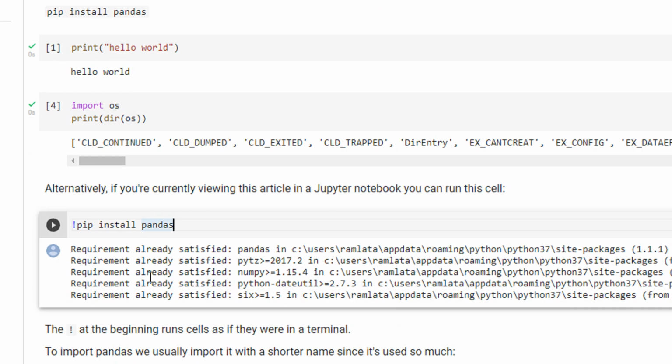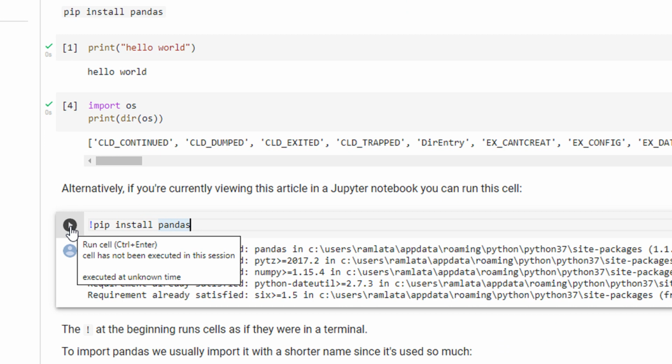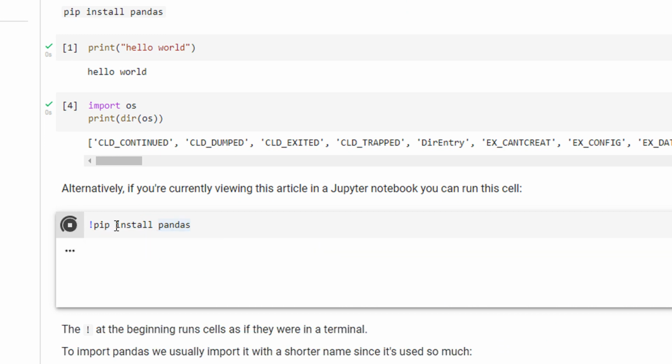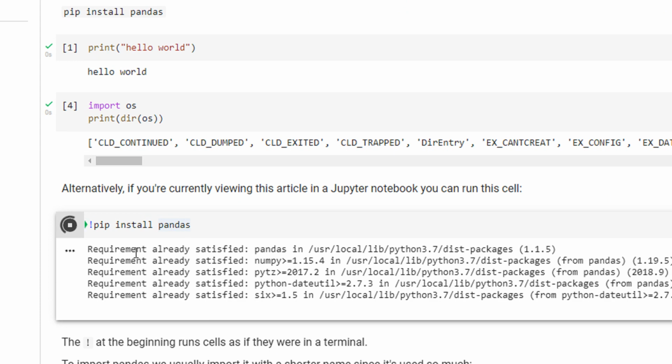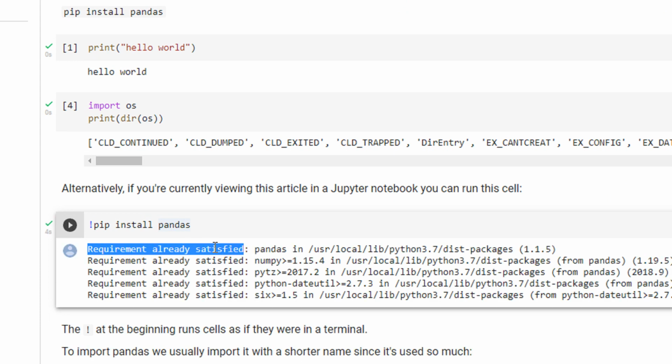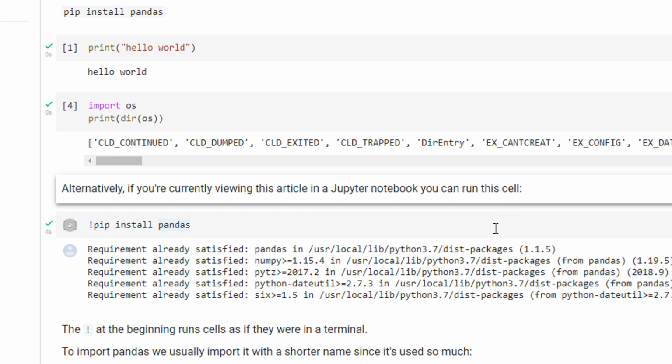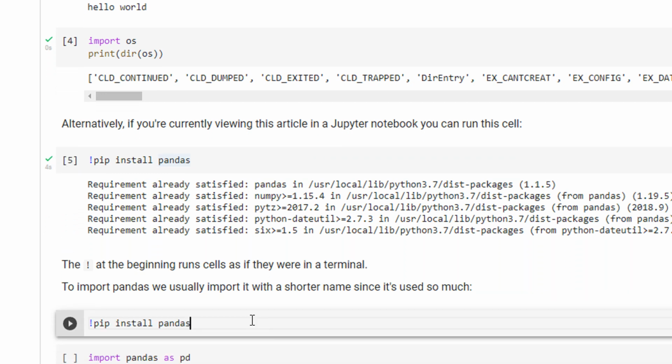Fine. Now we will just execute one by one and understand how pandas actually works. You can see we will install pandas first. It says requirement already satisfied. That means Google Colab previously had the installed version of pandas. At times there are many packages which are not installed, so you can install them in real time. For example, let me type a code here: pip install qrcode.